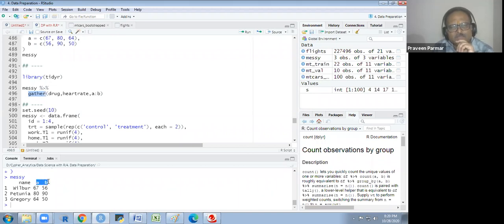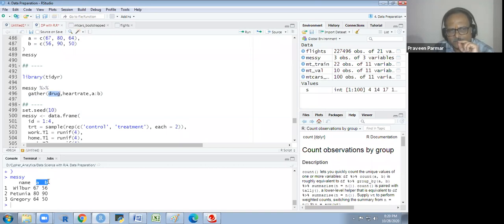Gather means I will make, for the A and B treatment, whatever tablet I am going to give, I want in one column, both A and B drugs. So this drug would be a new column instead of A, B.